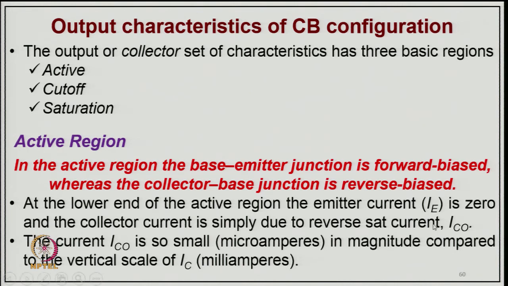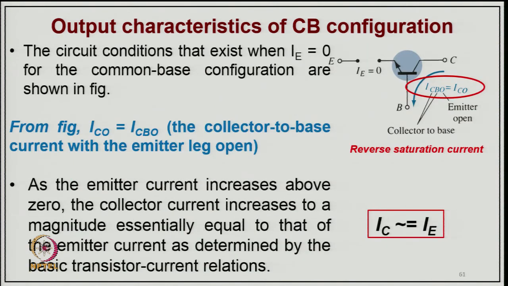to the reverse saturation current. This reverse saturation current ICO is so small, microamperes in magnitude, compared to the typical current of milliamperes. That is, you can say a milli to microampere difference here. So, in the circuit condition where IE equals 0, that is, emitter current almost 0 for the common base configuration because it is almost open, we can say this current ICO will be equal to ICB only, because that is the only path